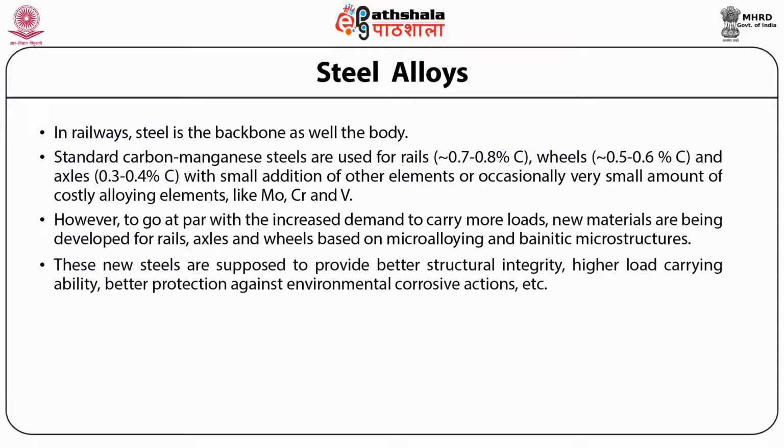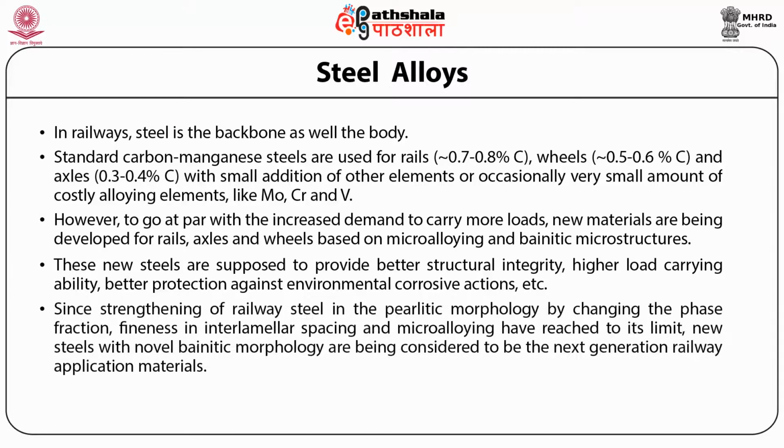These new steels are supposed to provide better structural integrity, higher load carrying ability, better protection against environmental corrosive actions, etc. Since strengthening of railway steel in the pearlitic morphology by changing the phase fraction, fineness in interlamellar spacing,